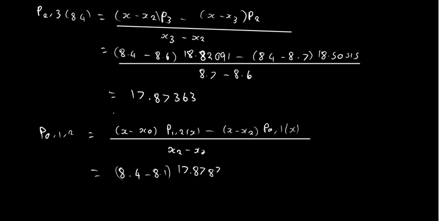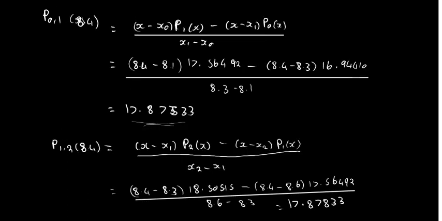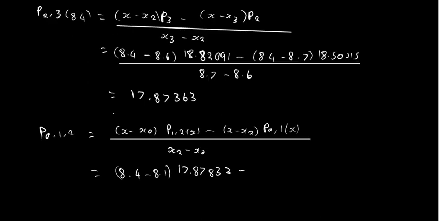17.87833 minus P01, which was 17.87533. Very small difference. Very easy to get confused. It's going to be x minus, what is our x2? Our x2 is 8.6. So it's supposed to be 8.4 here. 8.4 minus 8.6. Then this is going to be